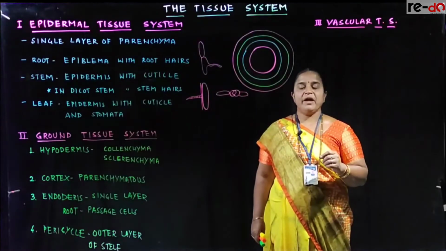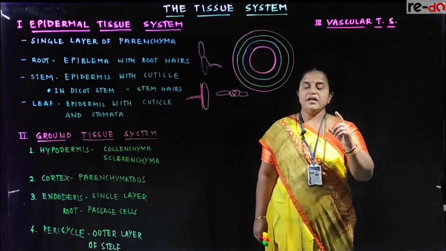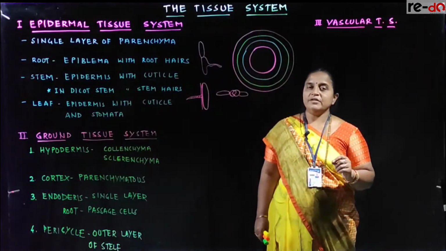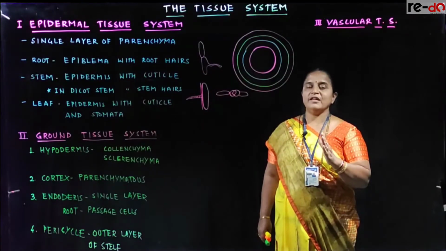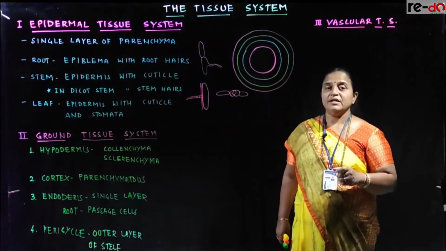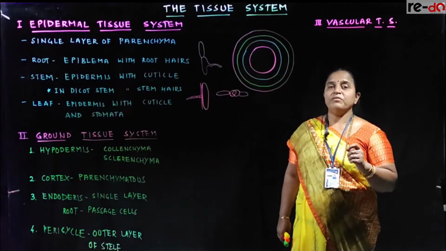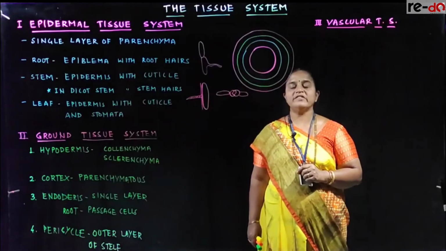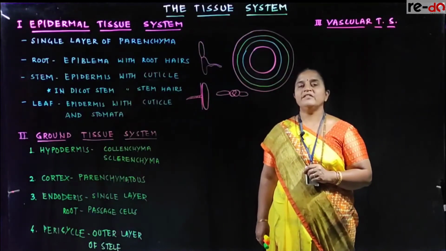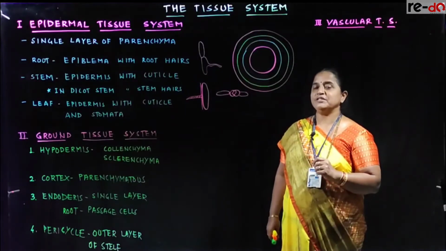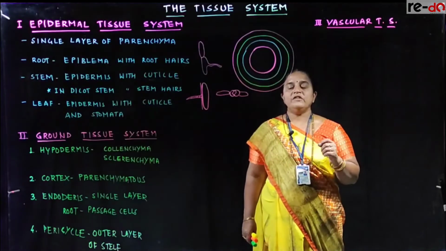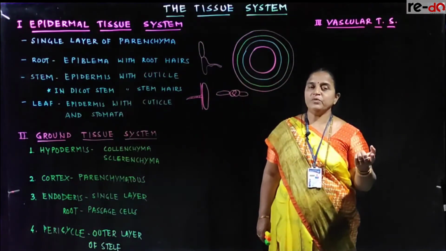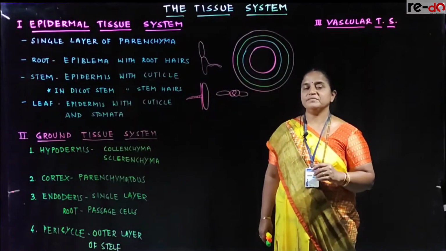In the dicot stem and in the dicot leaf, the epidermis, the outermost layer, is protected by cuticle. Cutin is a deposition on the cell wall region for extra protection. The epidermal layer of dicot stem and dicot leaf shows multicellular outgrowths called stem hairs, and they are known as trichomes. They are mainly for protection. In monocot stem and in monocot leaf, a single layer of epidermis is protected by cuticle, but you don't find trichomes here.